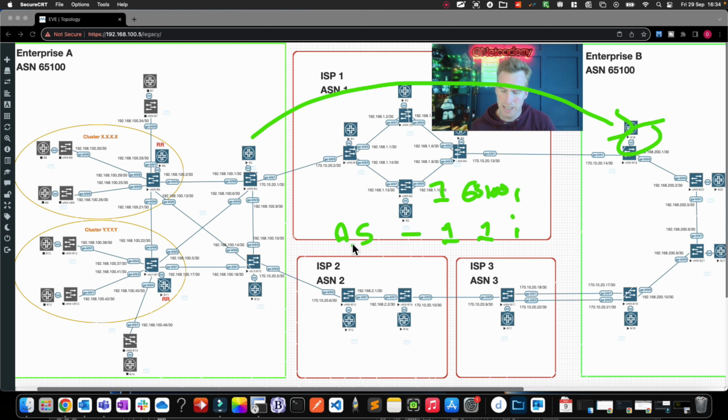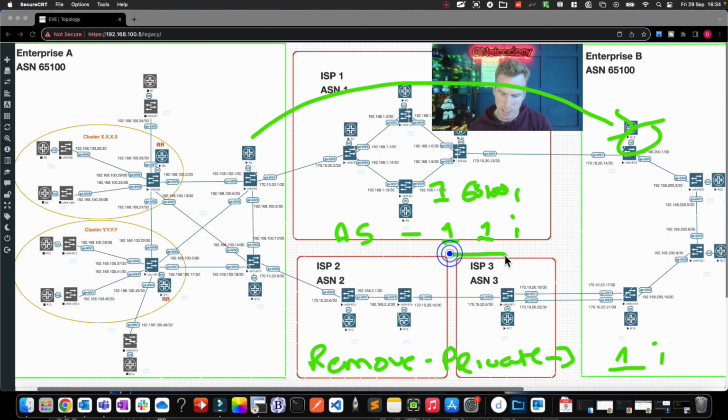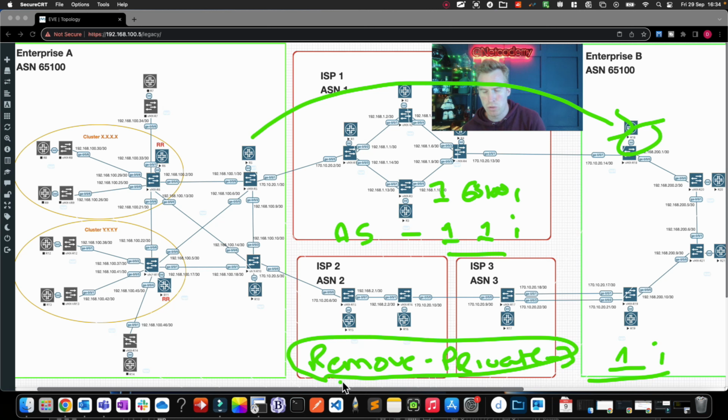Now, with this next command, which is remove private, it's going to look like this. It's going to look like I1, that's it. So you can actually see from here to there, and I just drew it down there so the screen doesn't get too busy, but you can see we're missing an autonomous system number, and that's because with the remove private command we are not replacing that private autonomous system number. We're basically just stripping it off, not replacing it,